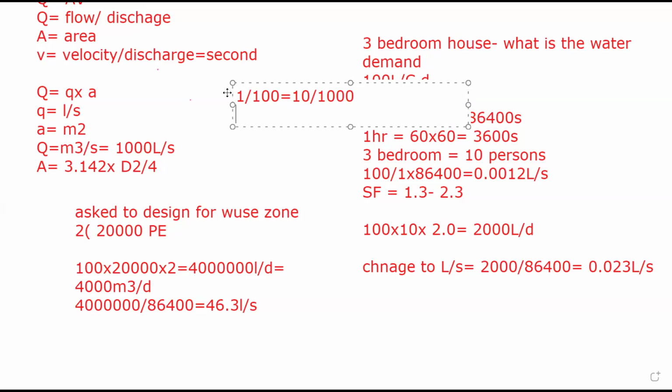Percentage is talking about per 100; per mil is per 1,000. If you go to the hospital, they measure your blood sample, and you see them saying 2 per mil, 3 per mil. What they are trying to say is that they took 1 mil, which is a thousandth of a liter of your blood sample, and they saw 3 parts of that bacteria inside, or whatever they are looking for. So all of us are used to percentage, but there's also per mil. Per mil means the unit of measurement